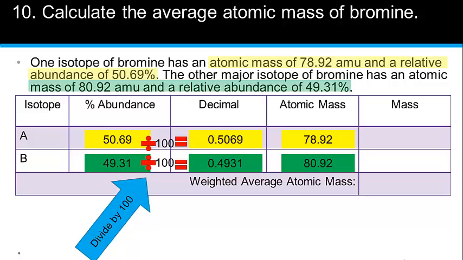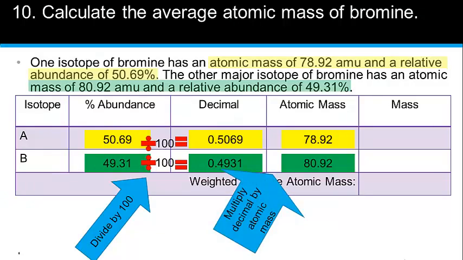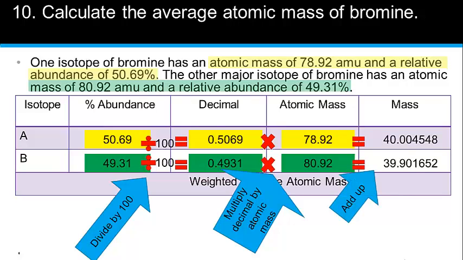So I'm taking the weighted average of these two masses here. So I expect my answer to be somewhere in the vicinity of those two masses. So if you get something that's way off, then you know that you probably didn't move a decimal or missed a step somewhere. So now I've got to take this decimal percent and multiply it by the atomic mass. Whenever I do that, I get two numbers, and then my very last step is to add these numbers up. So I get